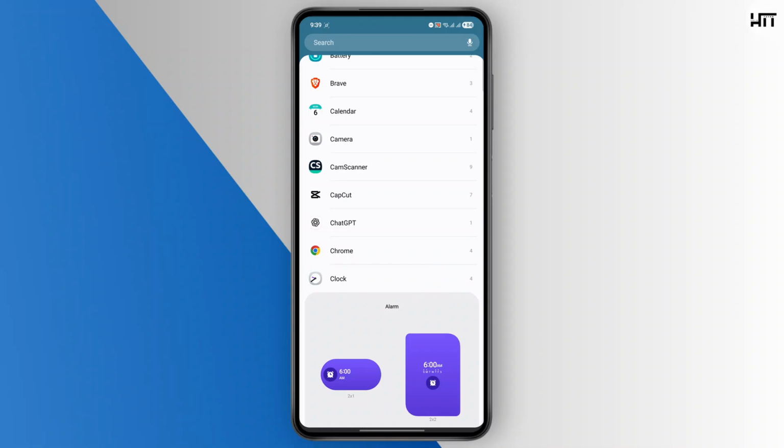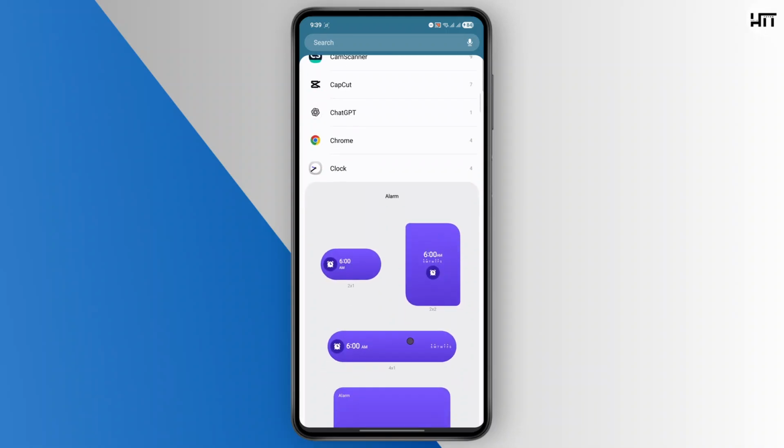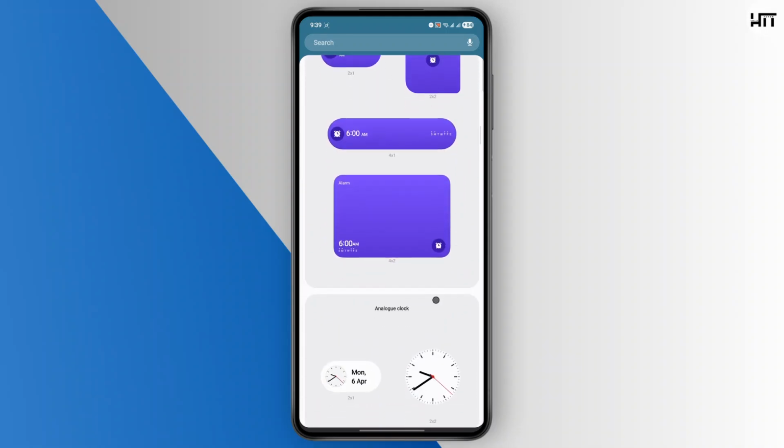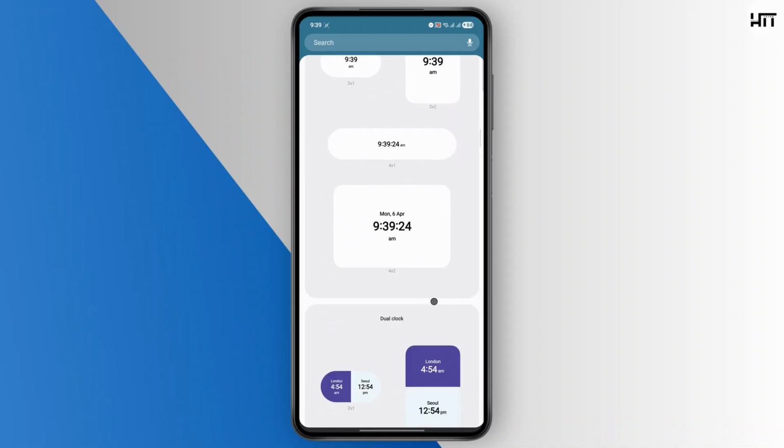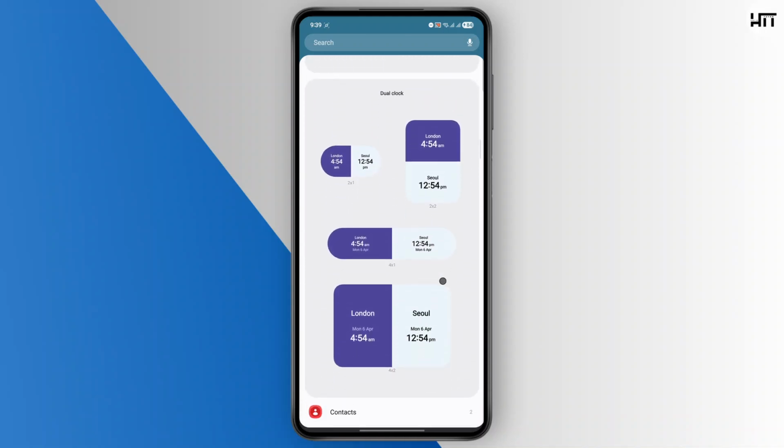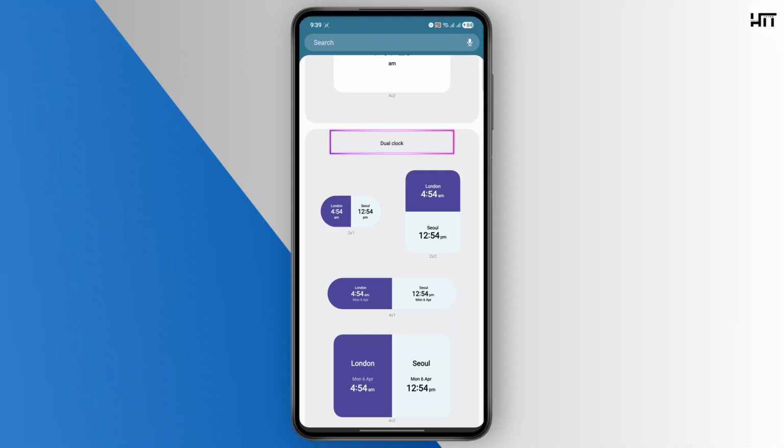At this point, you'll see different clock options, such as analog and digital. Swipe all the way to the last option to find dual clock. In the next step, browse through the available sizes for the dual clock widget and select the one that fits